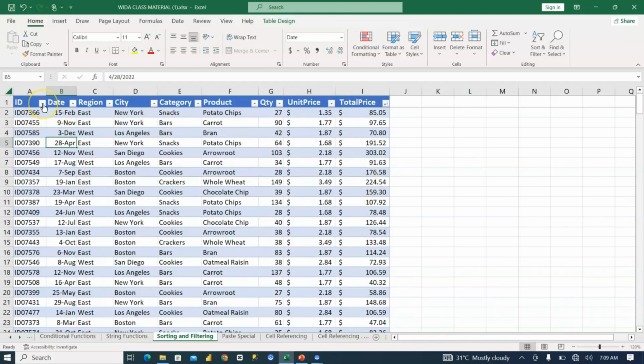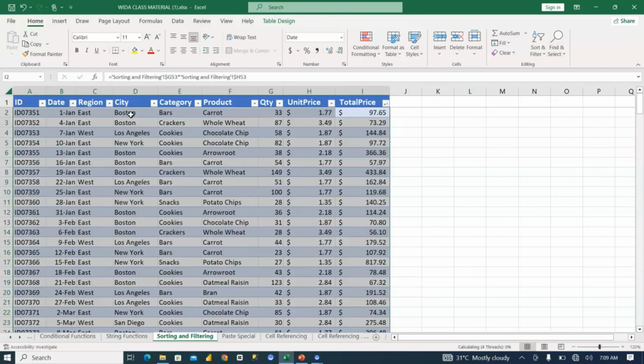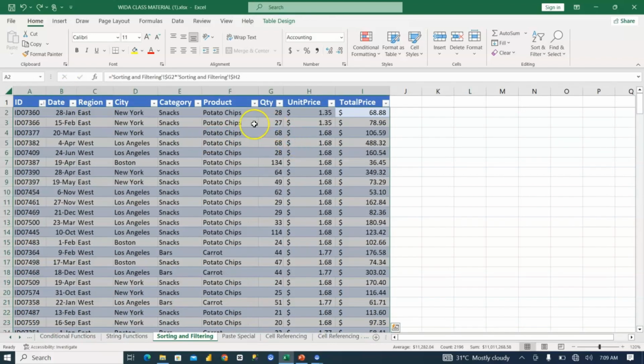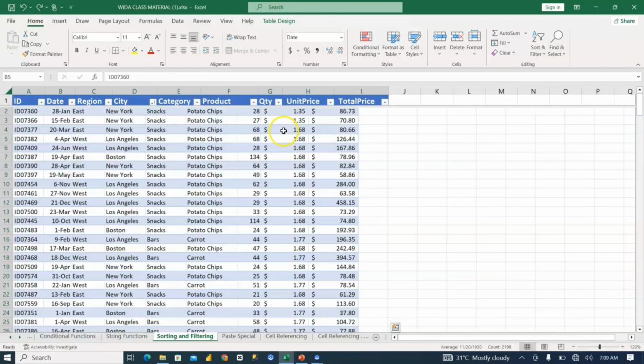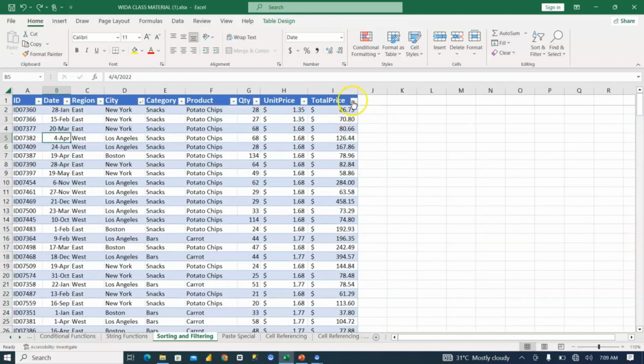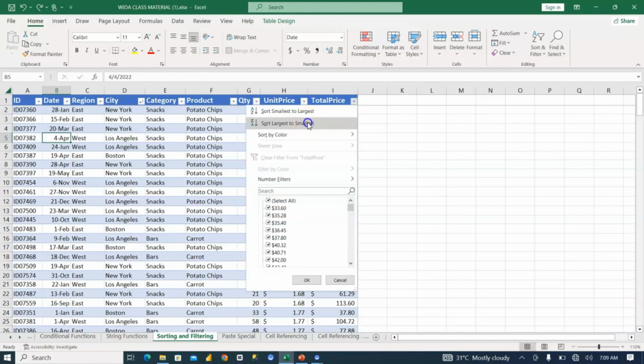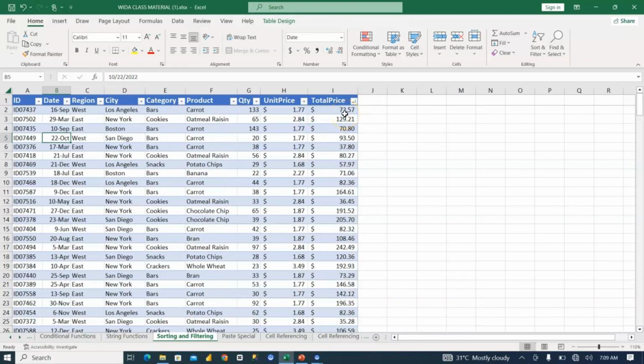So let's say, for example, we have the filtered cancelled. No filter has been added to this one yet. Now I can say I want to sort largest to smallest. So if I do largest to smallest, then